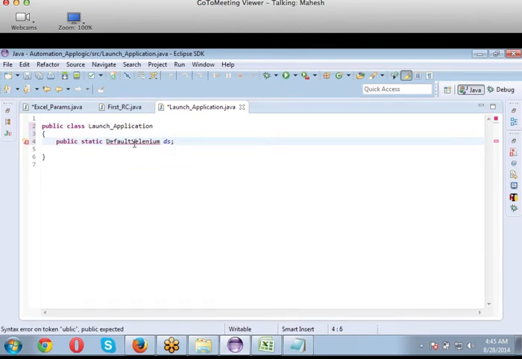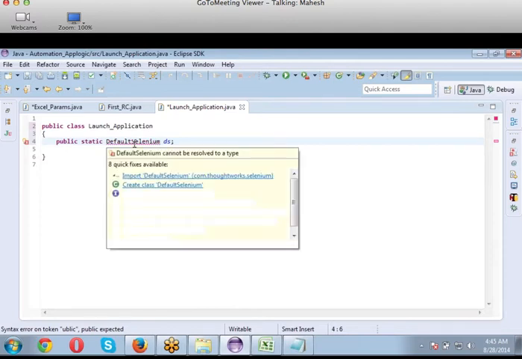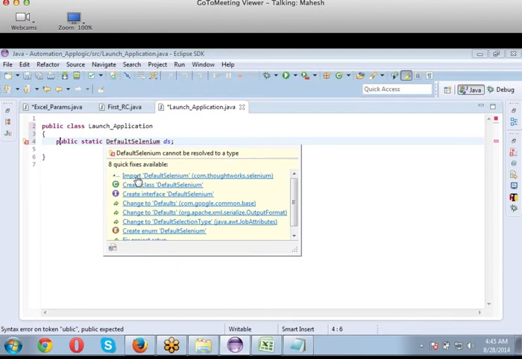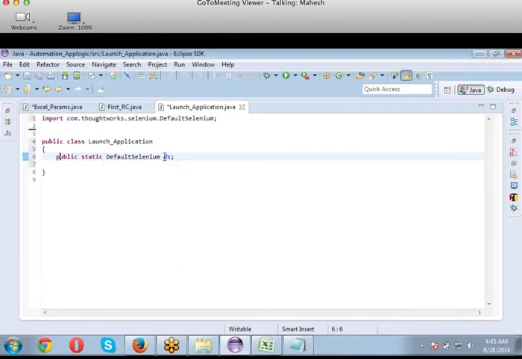So I'll import my default Selenium class. Here it is. Any place where you call this class, you can refer to your default Selenium class with this variable called ds. So I'm making this ds also a global variable to be accessed everywhere. You can ask me, Mahesh, what is the use of making this a global variable? Everyone, are you with me?